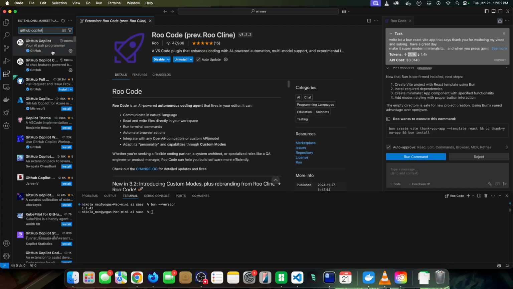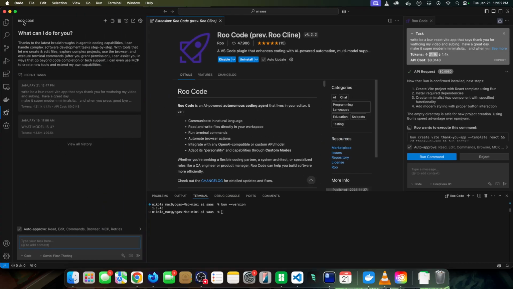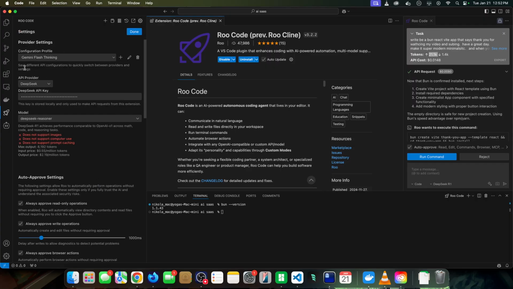Right there. So once you install these, you're almost ready to go. What happens next is you go to RooCode and make sure you click the gear, guys. When you get the gear, you'll have different profiles. I like to save my profiles